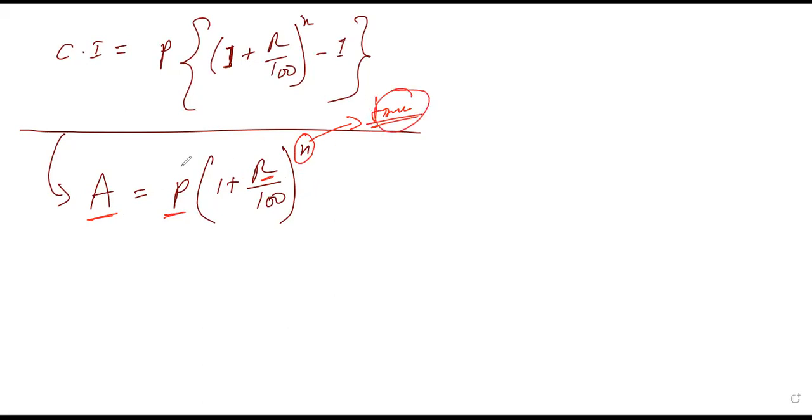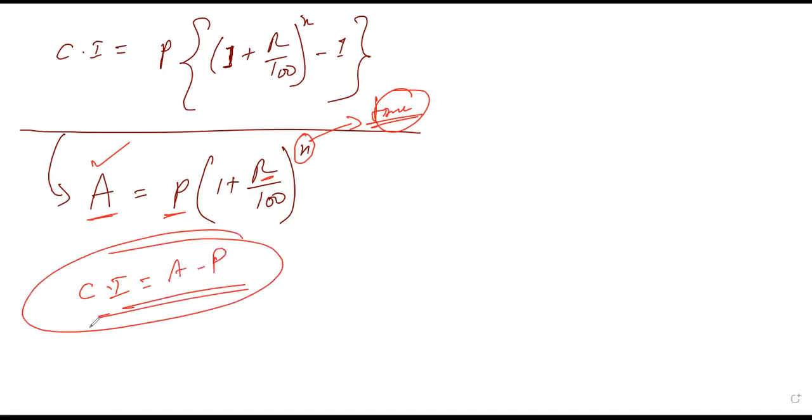So you have to remember this formula. If you remember this formula, then easily you can calculate the compound interest. So first you calculate the amount. After you have calculated the amount, compound interest would be amount minus principal. Just this much only you have to do. And by doing that, you will be able to solve your question. Now, let's solve some questions regarding this so that it will be easy for you all to understand.